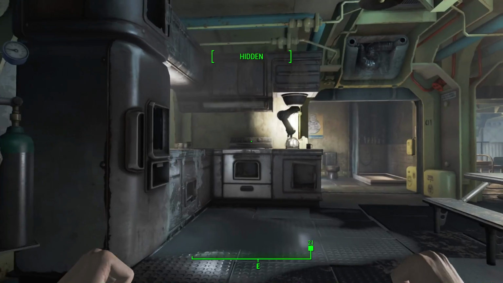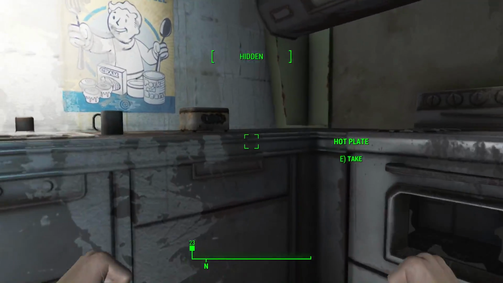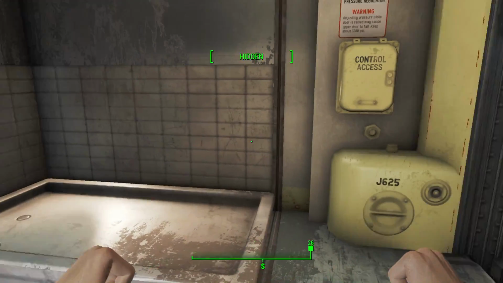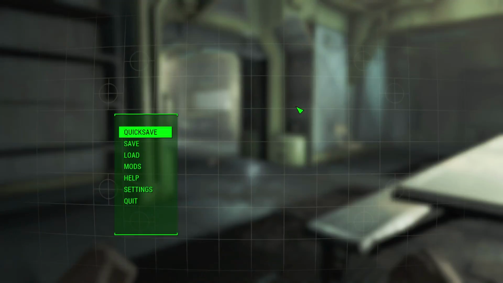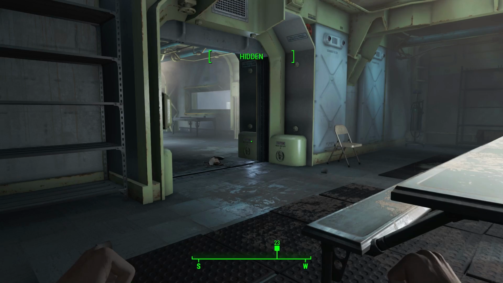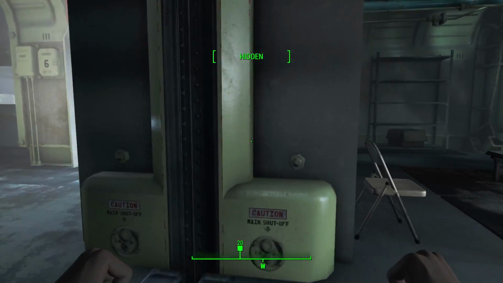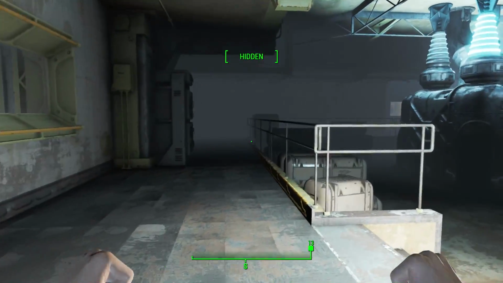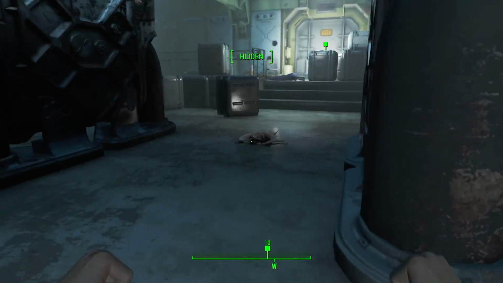Here we go with the rec terminal. What else can we get in here? Anything good? Anything decent? We're going to take that hot plate, just in case. Might need it. Actually, while we're here, can I change... it's already set to very hard. Cool. All right, I just want to make sure it's already set to that ahead of time. I considered playing on survival, but I've done so many things with survival. I like fast traveling, although you can mod it so you can actually...